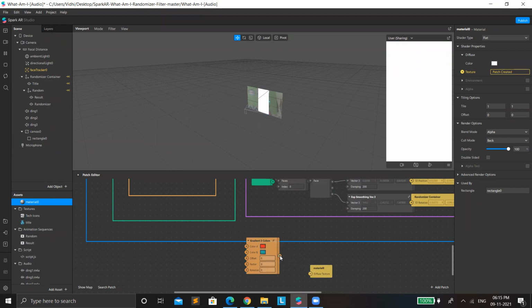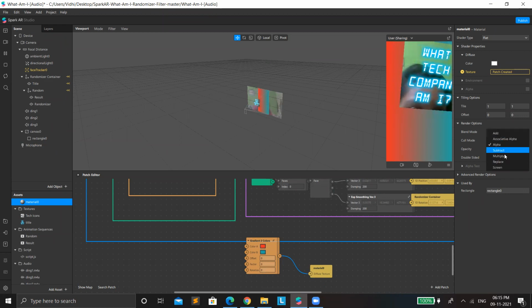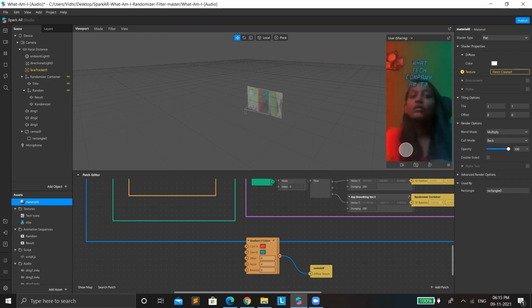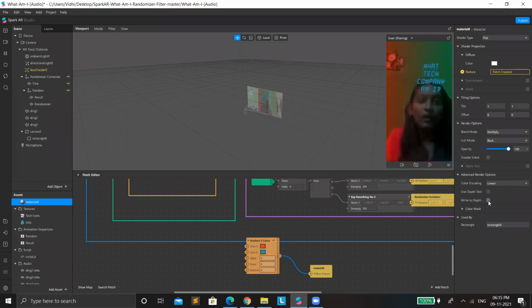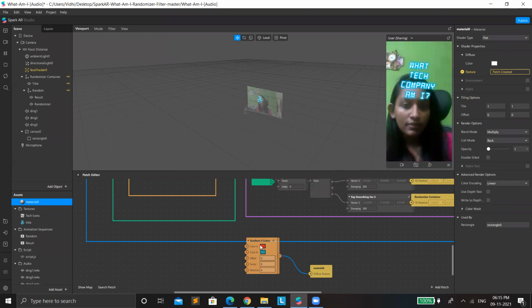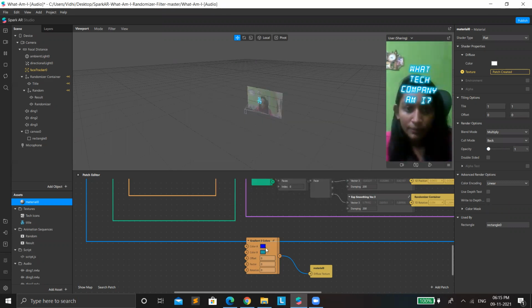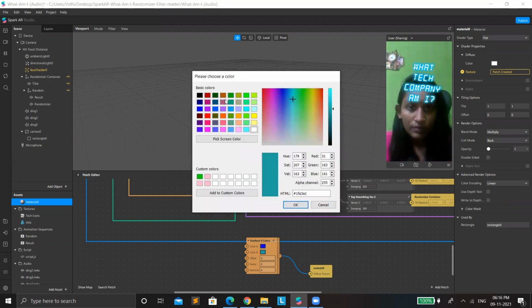Directly we'll attach this one, and then what we'll do is we'll multiply it, and let me take the depth of it. You can set a little, if you want somewhat bluish color, and here somewhat yellow. Okay,